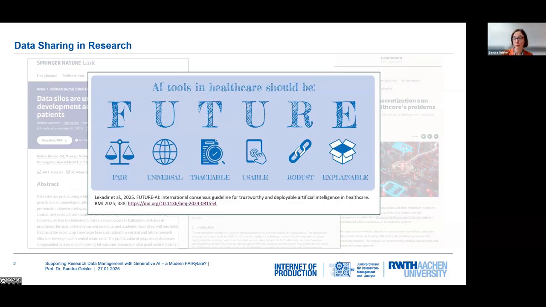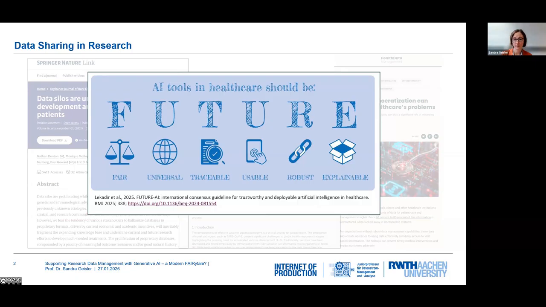What we expect from AI tools is that they are traceable, explainable, and usable, and the foundation for all of these aspects is that we have proper data and proper knowledge that we can utilize to provide explainable, trustable results